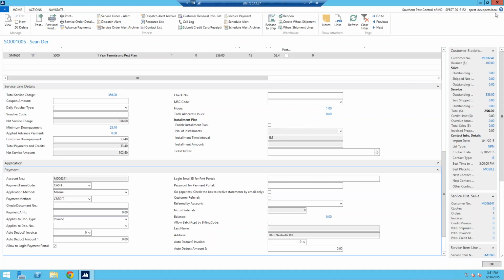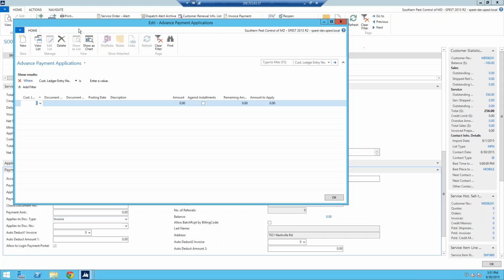Okay, so now notice this customer has a $100 credit balance on their account. So this is really simulating that they have basically paid in advance for their service. But there's one more step with this. What we need to do is we need to go in and say we're going to use this $100 credit towards this service. So we click here on advanced payments,